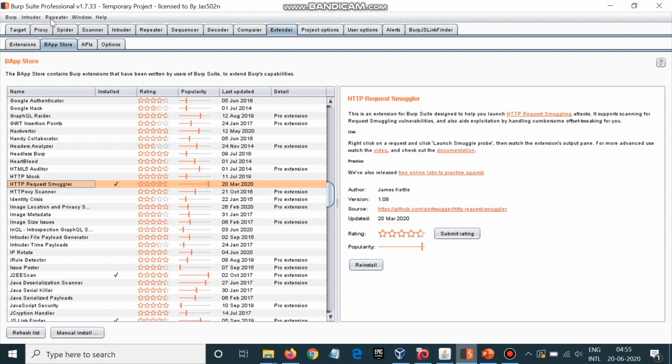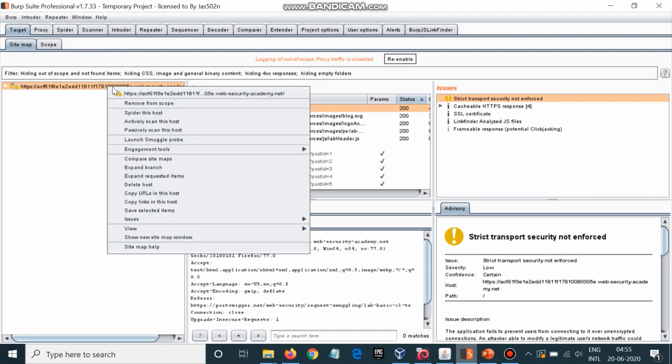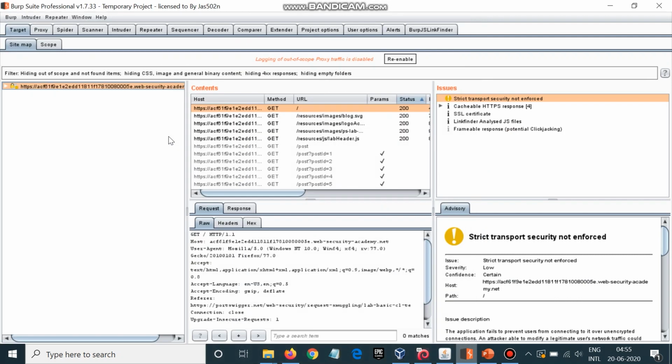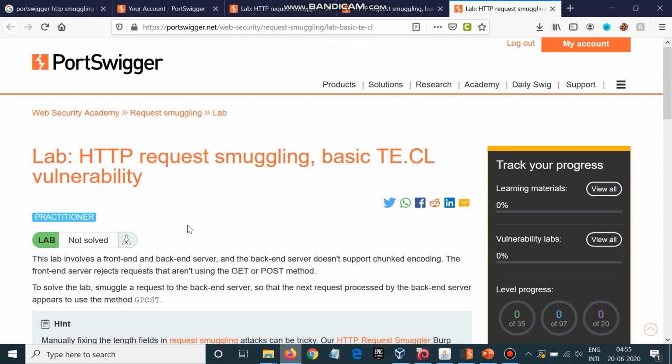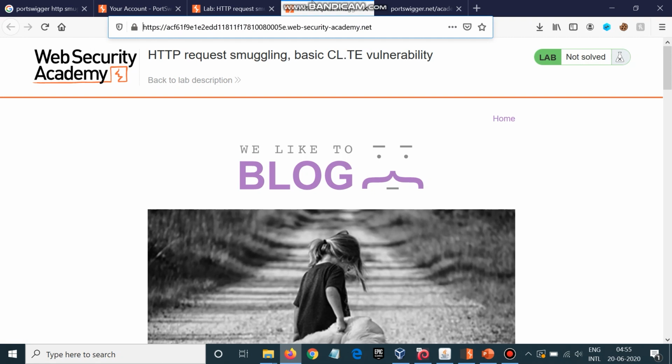Now it is not possible for a human being to try every request that is possible and check for HTTP smuggling. So an automatic process will help you a lot. We'll just right click here and say launch smuggle probe and enter. Now there is no different tab for HTTP smuggling requests and you'll find the issue right here in the issues box. This will take time and we will do it for this one as well.